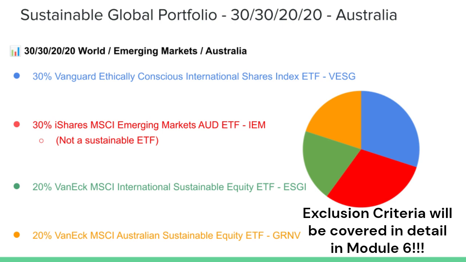So sustainable ETFs is something that we will cover more in Module 6, just to let you know, but to kind of guide you through what these ETFs have here in terms of